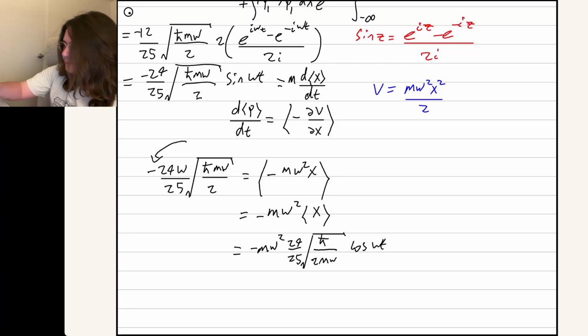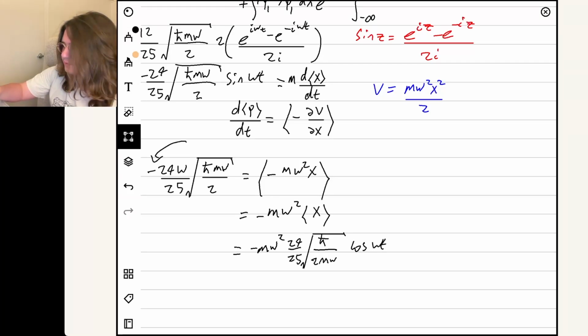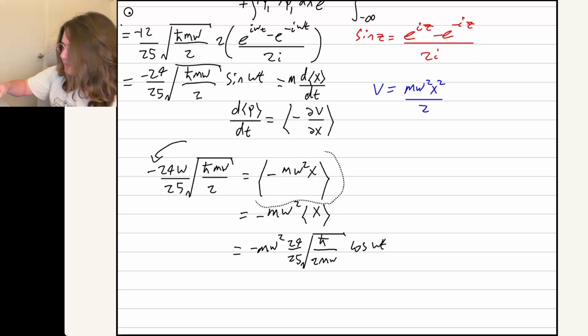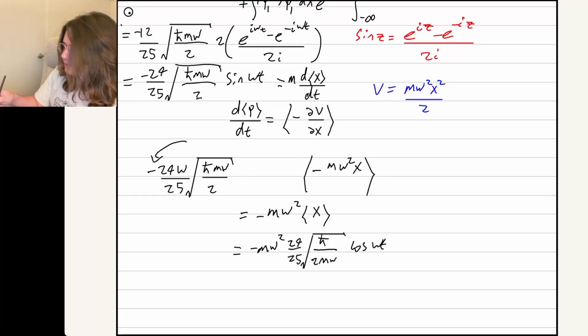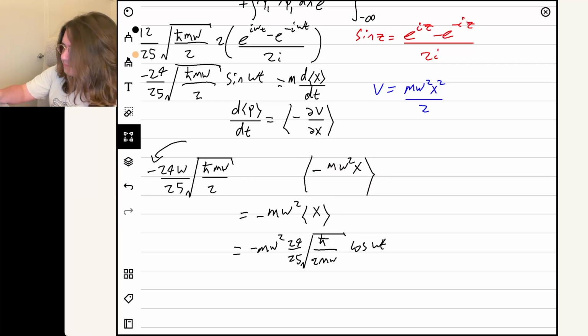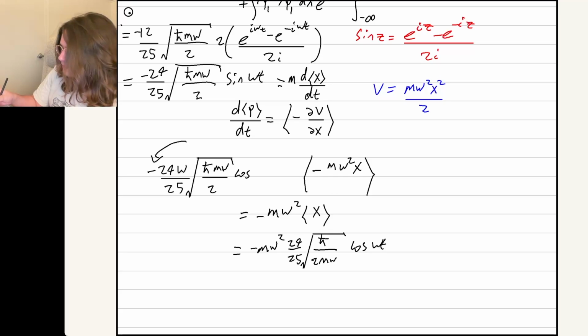And I'm now realizing that I totally forgot to write cosine omega t up here when I was taking the very clever time derivative. But yeah,